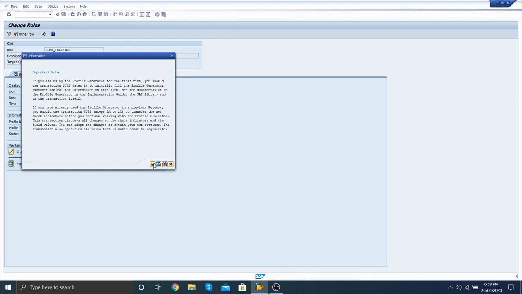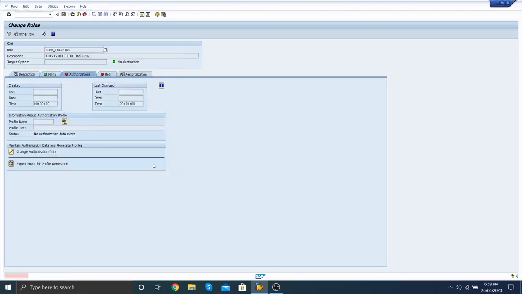Here is a bar. Important note: if you are using the profile generator for the first time, you should use transaction SU25, step 2C, to initially fill the profile generator tables. You can click the OK button.